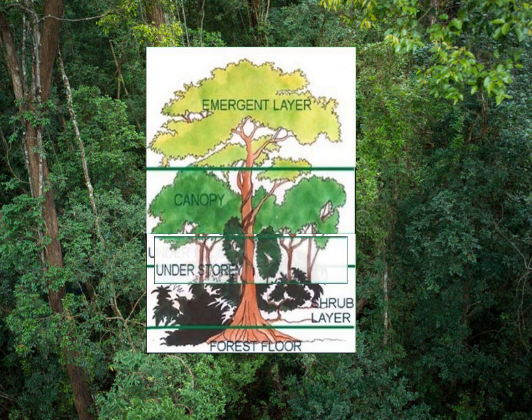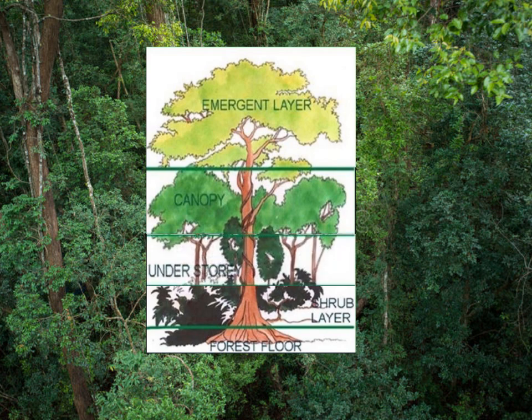The layer below it is termed as understory. This layer is cool and moist interior because of the canopy layer. 70% of the sunlight is blocked. Lianas and epiphytes are common here. Lianas are woody climbing plants that hang down, and epiphytes are the plants that grow on other trees to get more sunlight.